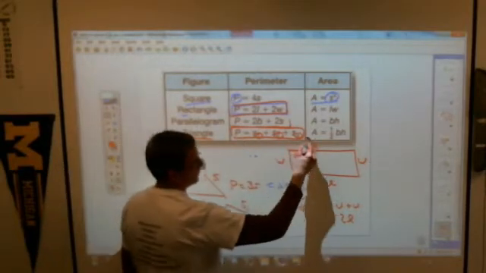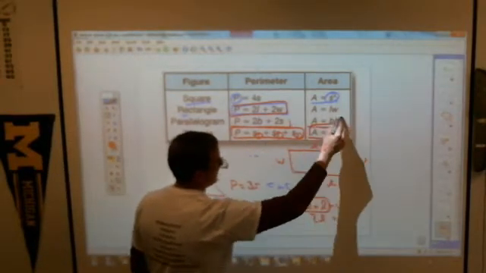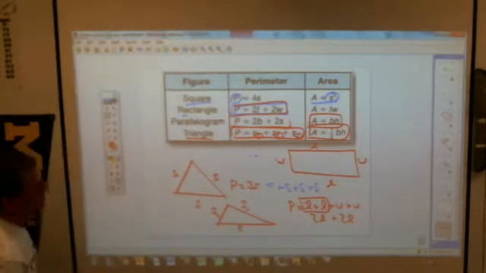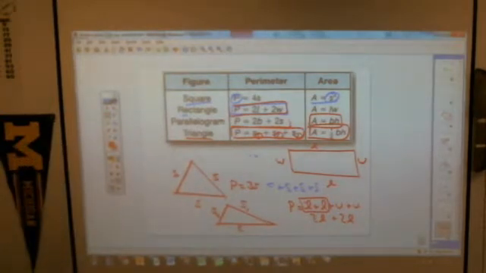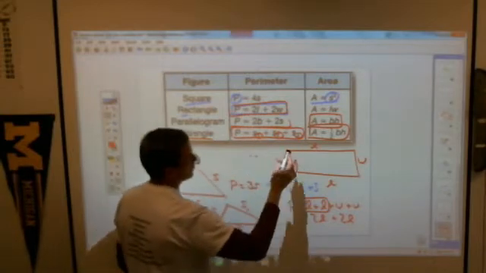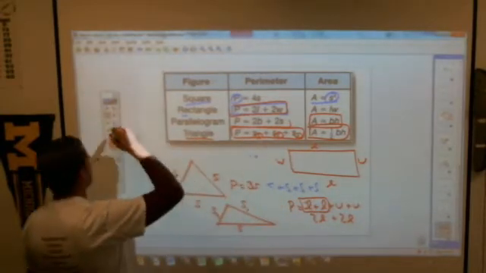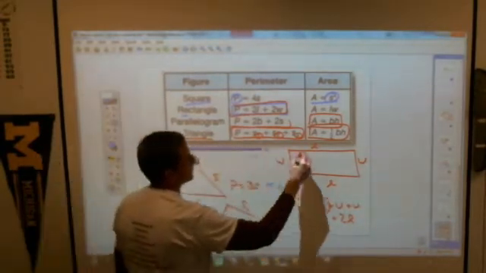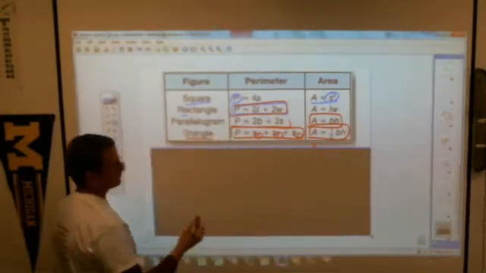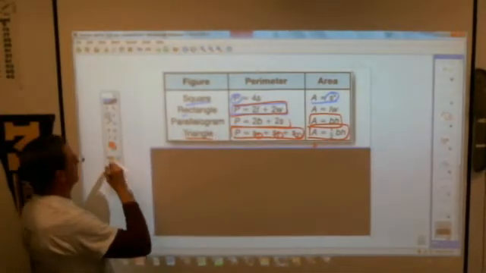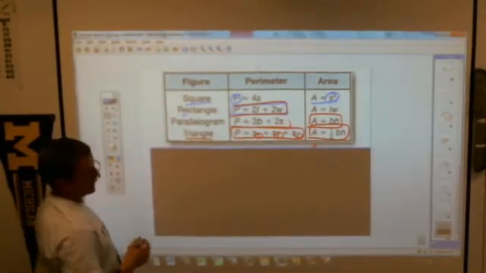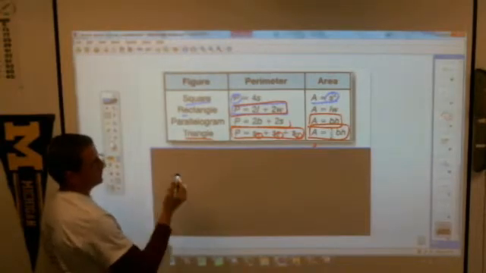And then you know the area of the triangle right here. So this basically is nothing more than one handy dandy local place for you to be able to figure out how to use formulas. So let's look at one. Let's go to my blackboard. And on the blackboard, this is right out of the book,